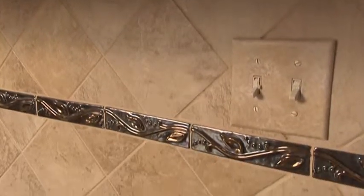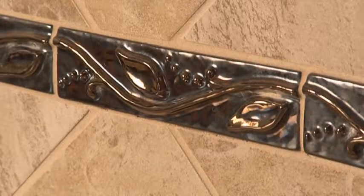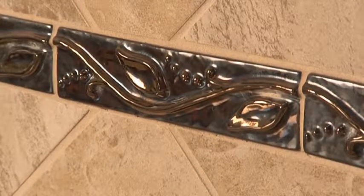And really, the reason you can do that is because there's no wear on it. No one's going to walk on it. You're not going to be applying any pressure to it. You may occasionally get some spaghetti sauce on there if a pot overboils or something like that. But for the most part, you're absolutely fine. One thing is, make sure